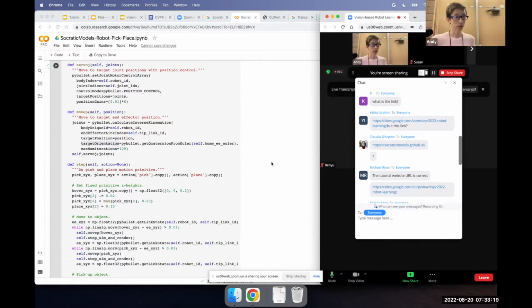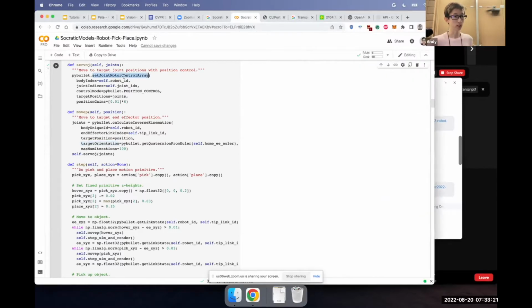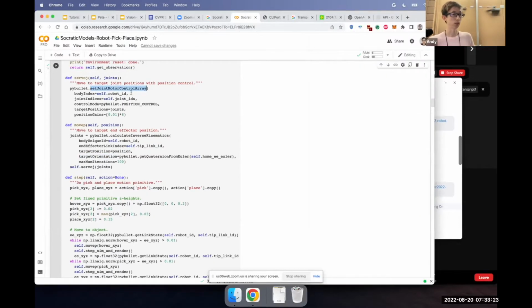So that specific command is set joint motor control array. So that actively moves your robot to the target joint position. But if you have obstacles in the way, it won't be able to handle that. So which part of the pipeline is handling the obstacle avoidance? That'll be